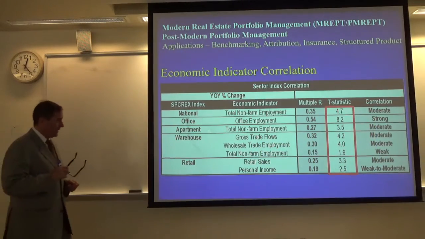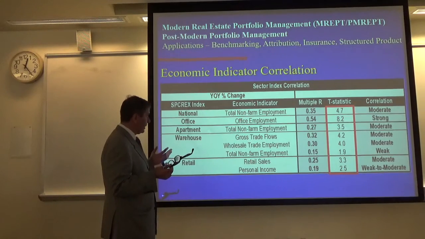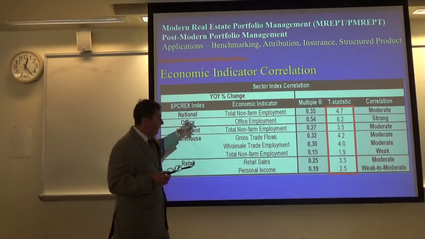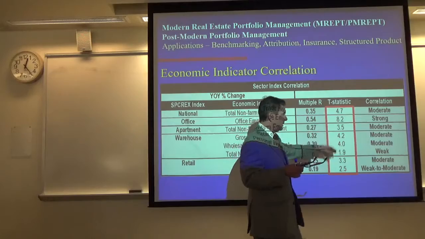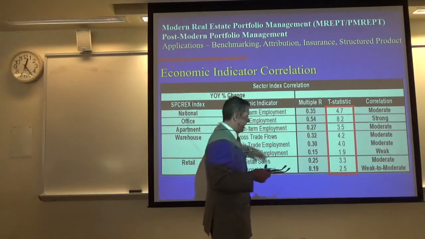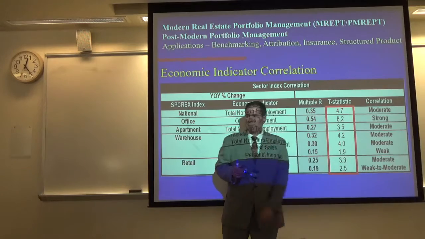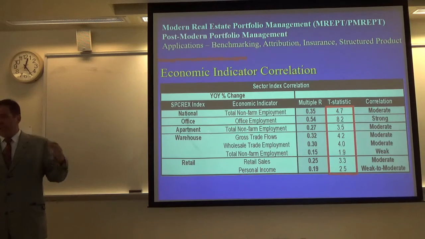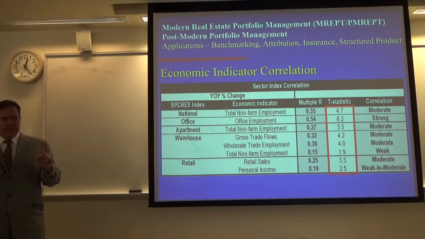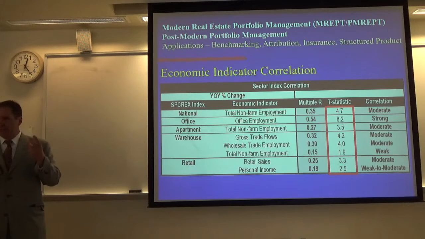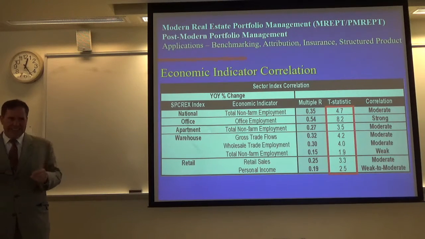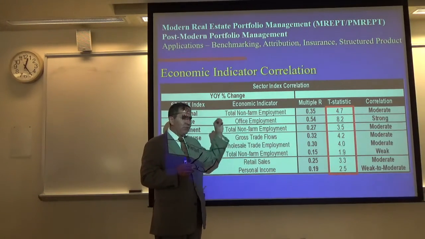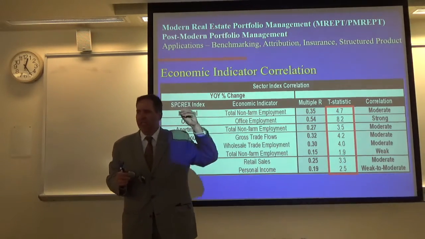So what I did was I went back, again, APT. I basically looked at economic factors against the real estate price indexes, and then ran the adjusted R-squares and the T statistics, and basically identified the factors that had strong or moderate correlation with the indexes. Because what I wanted to do was say, okay, the indexes, one, they track real estate, two, they're tradable indexes. Three, if you analysts build these models based off these recommended economic factors, you can forecast where the index is going to go in the future.